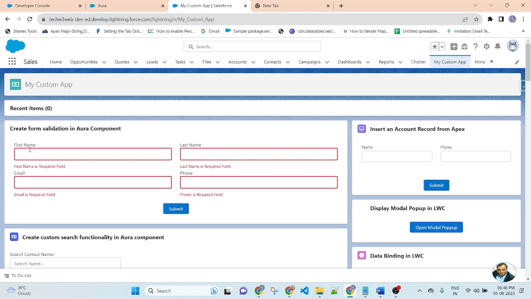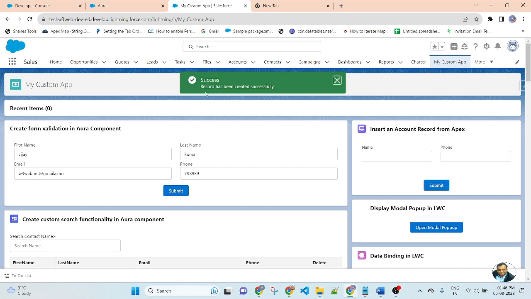Now I am putting the value Vijay Kumar, w3webnet@gmail.com and phone number. The user submits the button, the record has been created and the message is displayed. So submit, you can see the post message has been displayed.